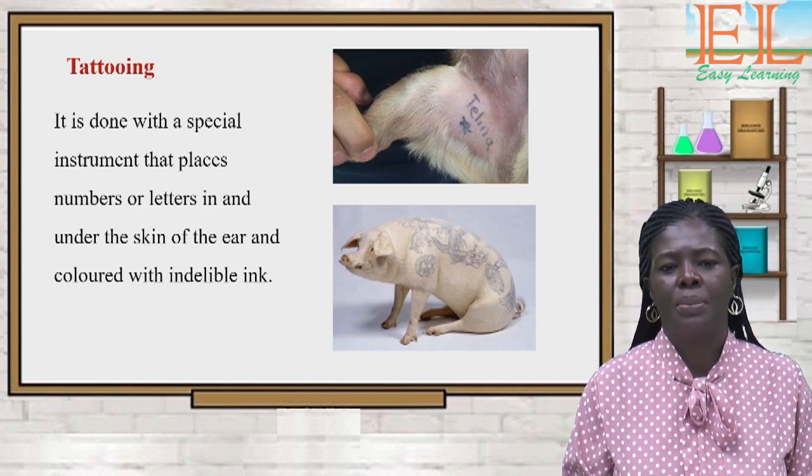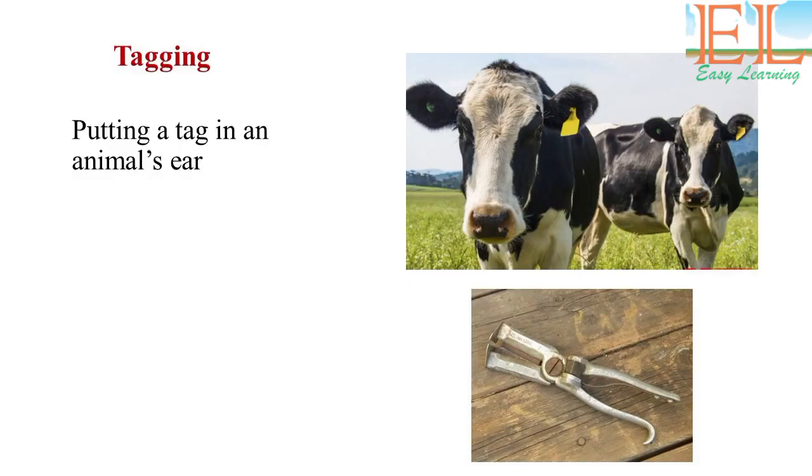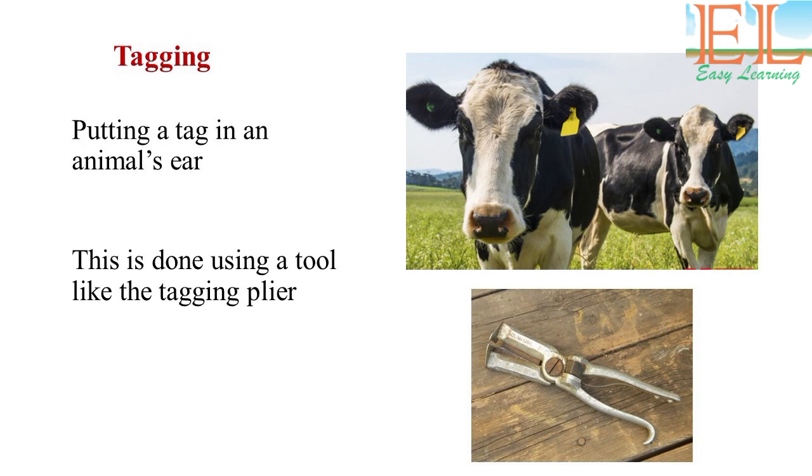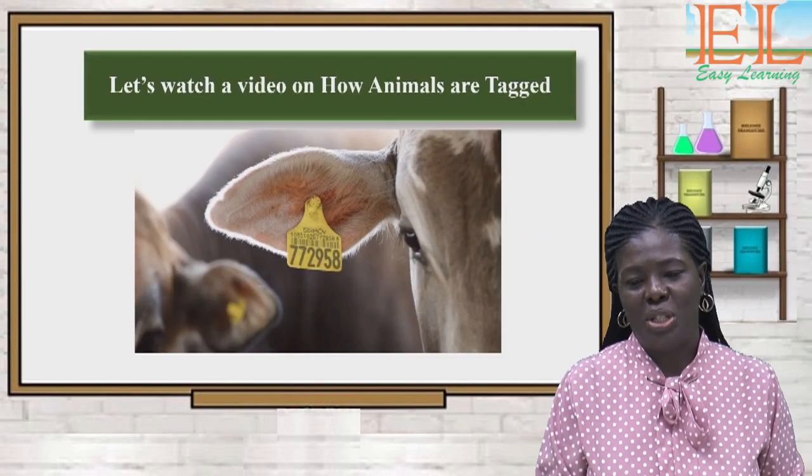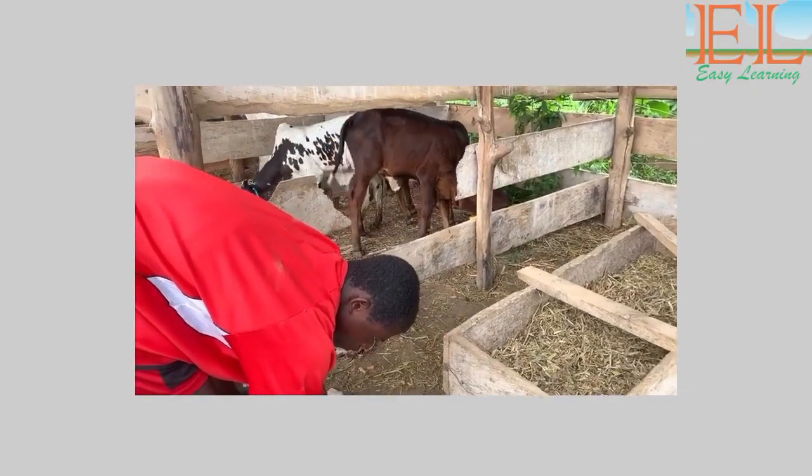Tagging. It is putting a tag in animals' ears, like you could see on the screen. So they're using the ear tag to tag inside, and this is done using a tool like the tagging plier, also on the screen. Now there's an interesting video on how tagging is done. Please, let's watch it. As you can see there,